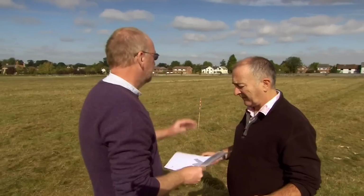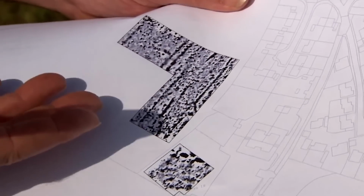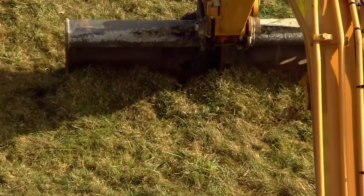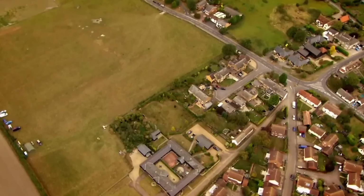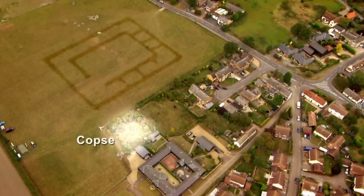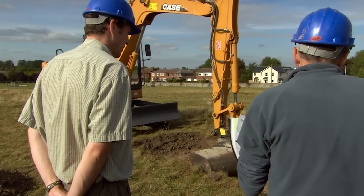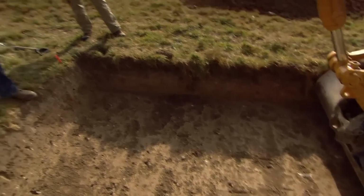We've done a really big chunk, magnetically, all over this field and in the paddock on that side, and magnetically we're seeing old ditches that are visible on the tithe map. Can you see anything else there that might be a Roman villa? Nothing. If there was a major villa where we've surveyed, I'm sure we'd see it. So our first trench in this massive field goes in on the basis of a single 170-year-old map. It's hardly the most scientifically robust target we've ever had, but then again...